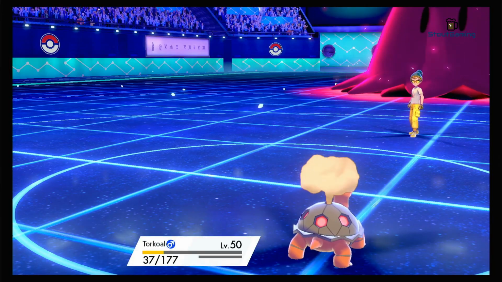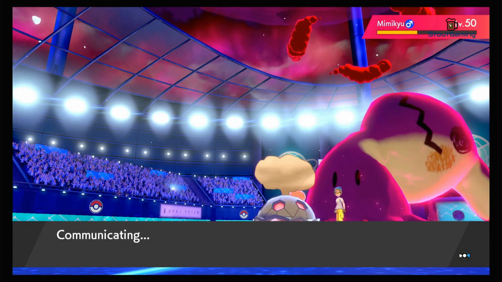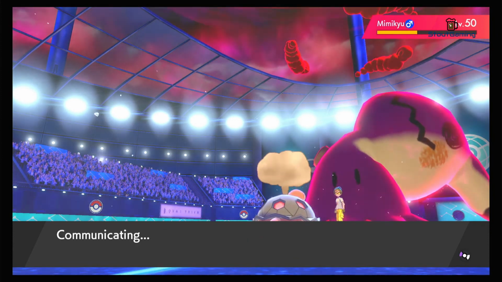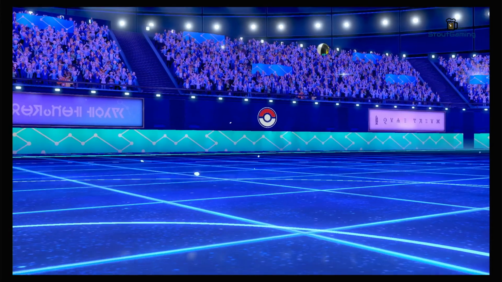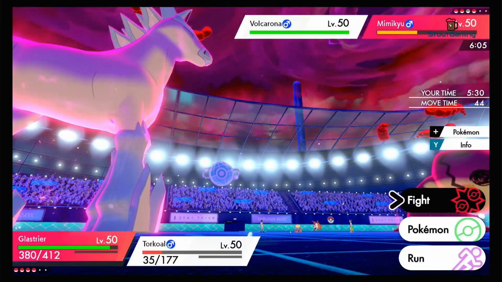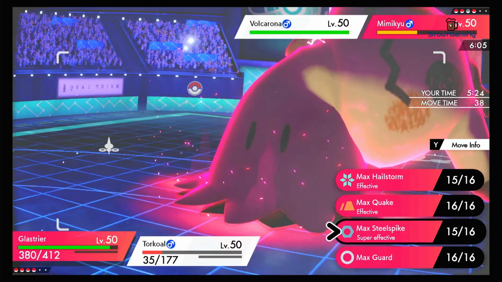And we're looking at a pretty interesting situation here, because he knows that a Steel Spike kills, and a Steel Spike will also give me another defense boost on this Glastrier, which is very bad for him. However, Volcarona is interesting here, because Volcarona can threaten the Glastrier with the right sets, and